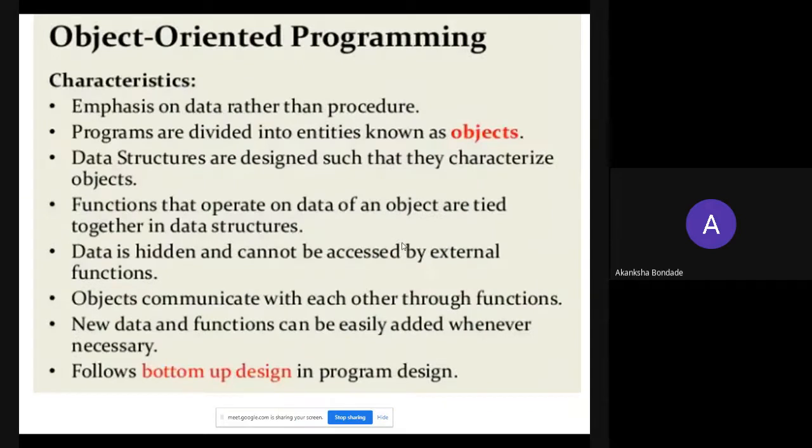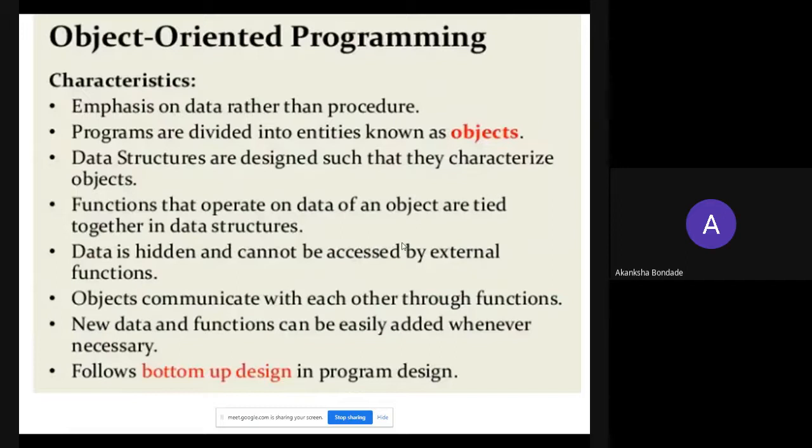Now, what are the characteristics of object-oriented programming? Here the emphasis is on data rather than procedure. In object-oriented programming they are not focusing on the procedure, they are focusing on the data. Programs are divided into entities known as objects. Only an object has access to the data from the main program.